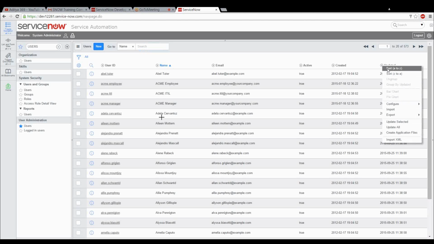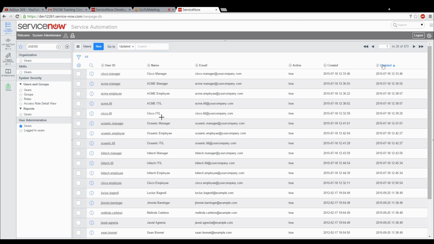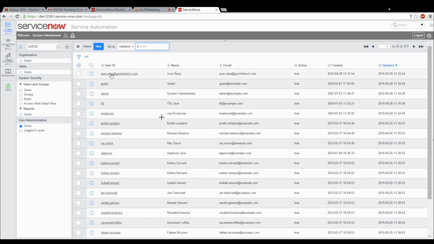Not double click, just click on it. So it is filtered with the recently created data. He created Arun Rana, but Chandu you have not yet created, right? So open that Arun Rana record, just cross check.